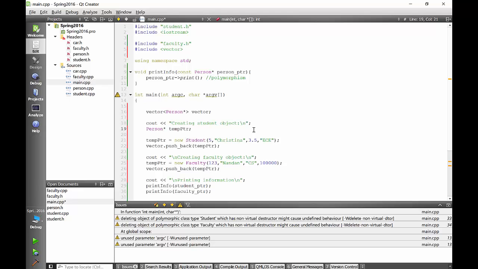So if you look at it in a diagram, well, you can think of the vector containing pointers, and these pointers are pointing to objects of different type. The first pointer is pointing to an object of student type. The second item or the pointer in the vector is pointing to an object of faculty type. And then